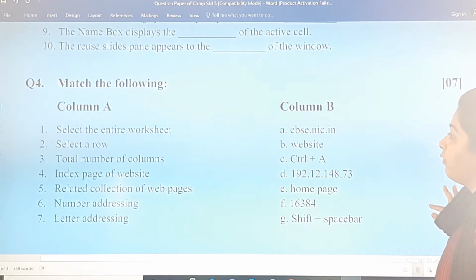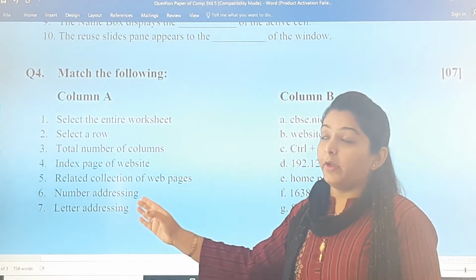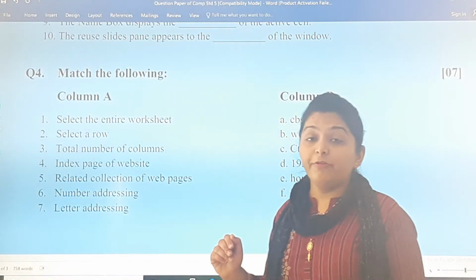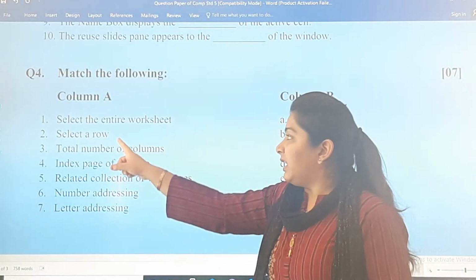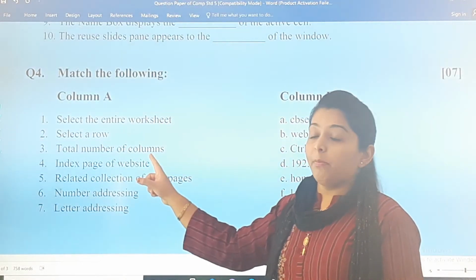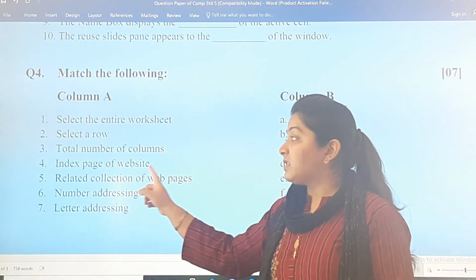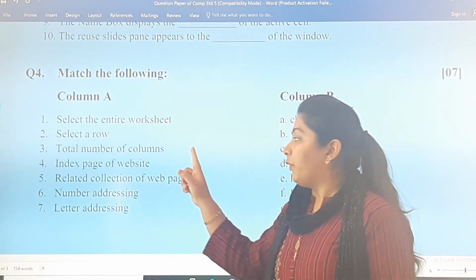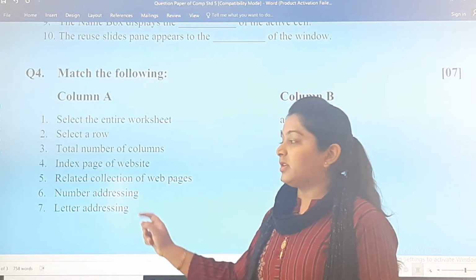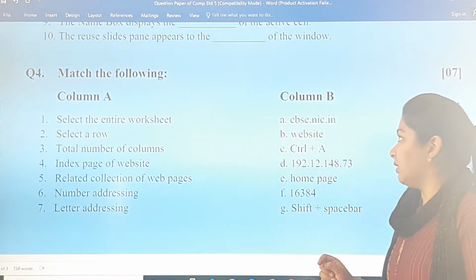Question number 4, that is match the following column A, column B of 7 marks. The first one in column A, select the entire worksheet, select a row, total number of columns, index page of website, related collection of web pages, number addressing and letter addressing.